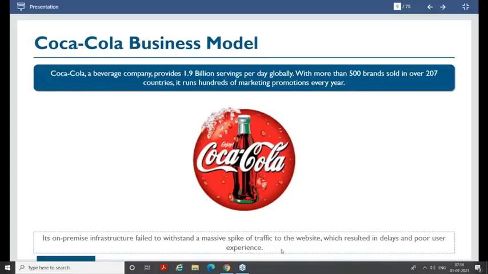So across the globe, they have a huge number of distributors who would visit their websites to place their order, track their order, review their order status, make payment, all of this. So that is the traffic which they are referring to. Am I making sense? It's not you and me, the end users.